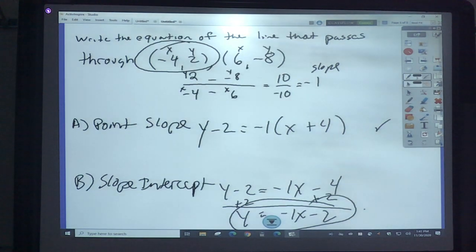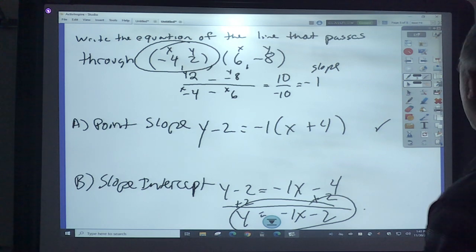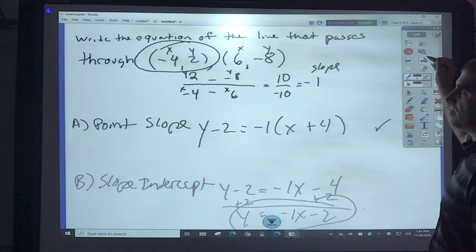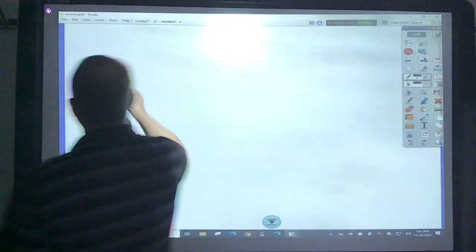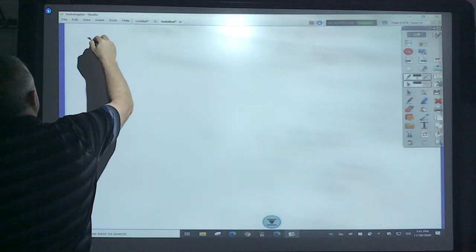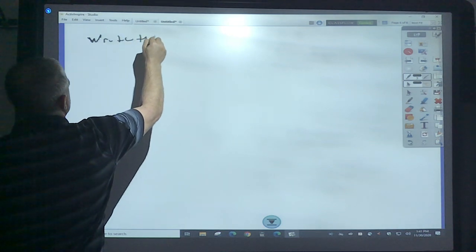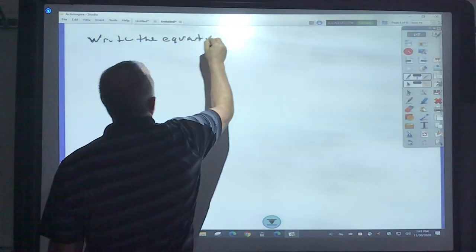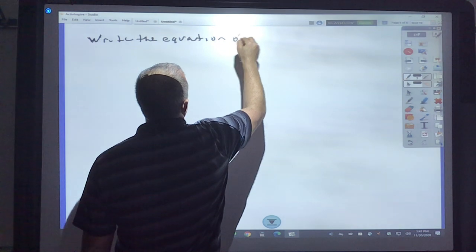So all we got to do is find the slope. And we're just doing a simple example. We'll work on the more complicated ones next time. So let's finish off class. Write the equation of the line